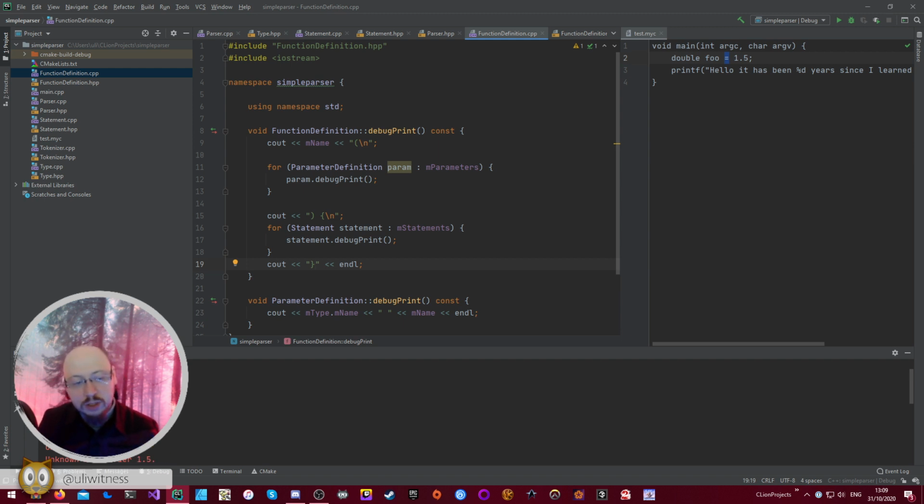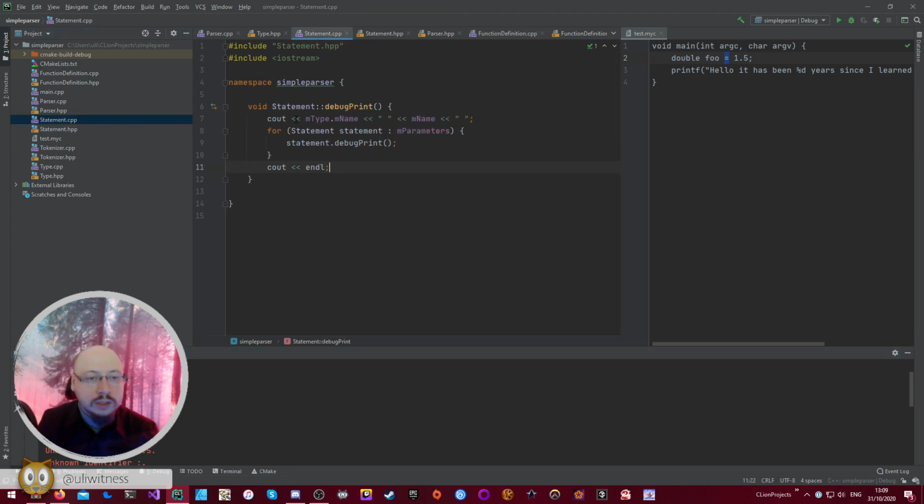Okay, and now you see what we have parsed is we know that we have a main function with these two parameters, and we have double foo, our first statement. So you see that it's taking shape, and we now have a data structure in memory that represents our program. But the nice thing is we already know things about it. We know that that statement, oh, I could probably have debug print look at the kind as well. Cout kind equals function call, so let's just put a string,